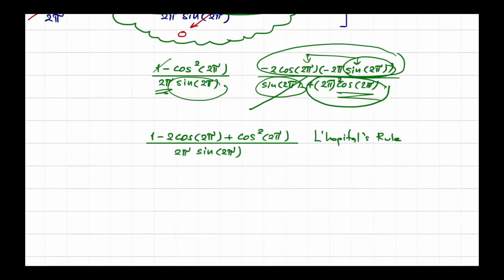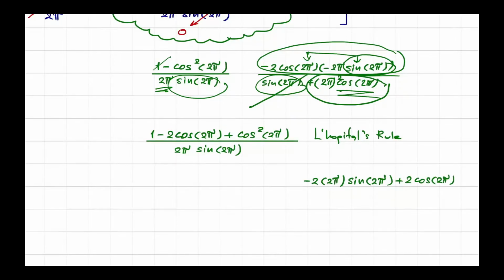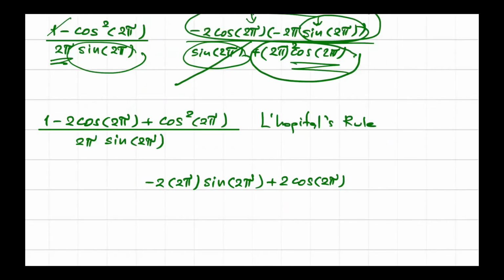We get minus 2 times 2 pi and then sine 2 pi plus 2 cosine 2 pi, and then cosine and then sine 2 pi